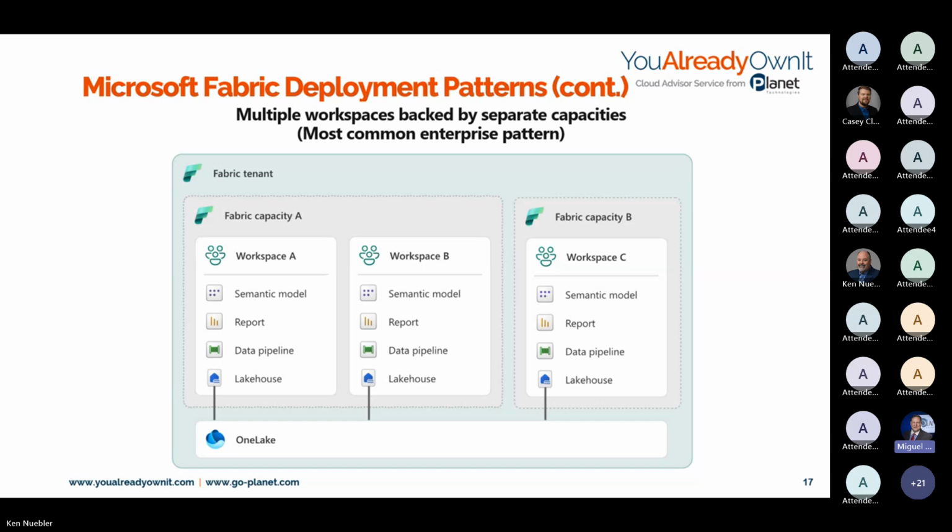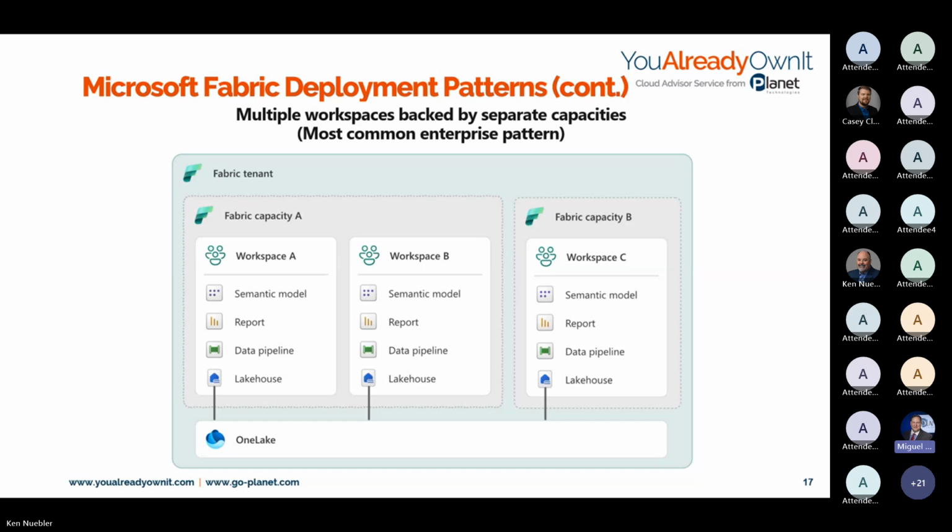Now, again, do not think that just because they're being stored in OneLake, anyone with access to OneLake can get to those other things. Think of that type of access the same as your OneDrive access from a Microsoft 365 perspective. This is what I see enterprises truly going into. It allows us to bill back to different departments, different projects, etc. Those capacities are being built inside of Fabric.